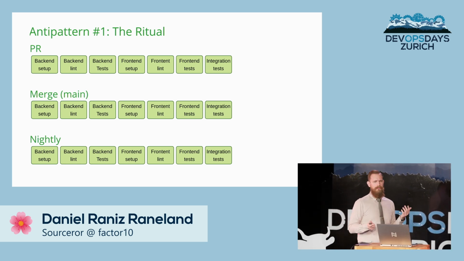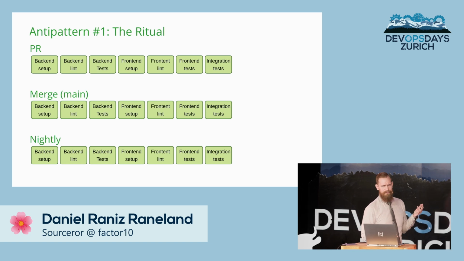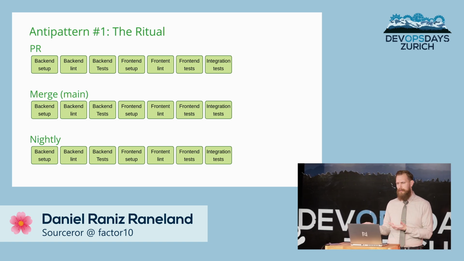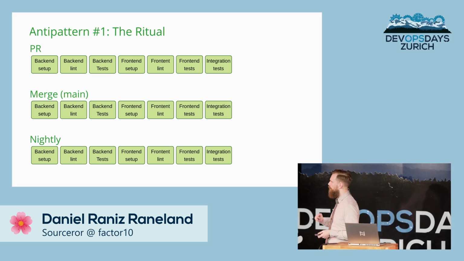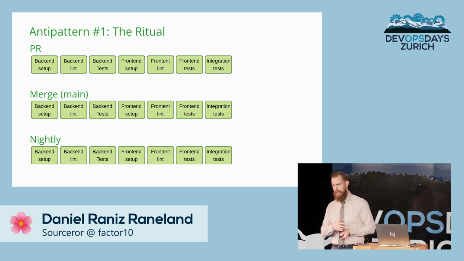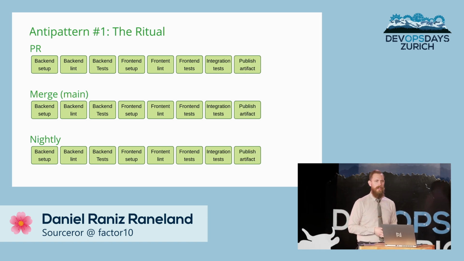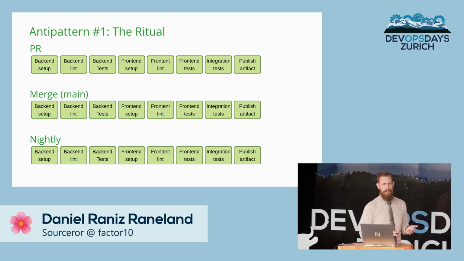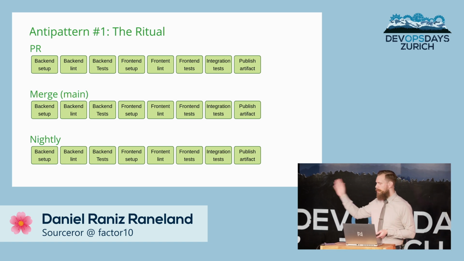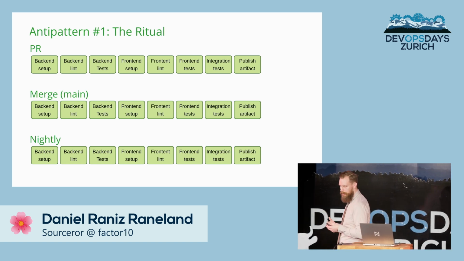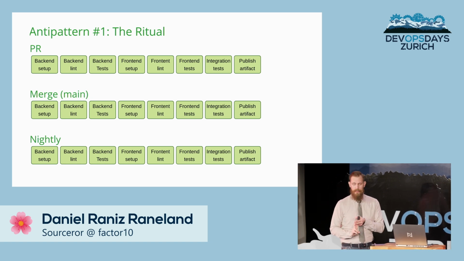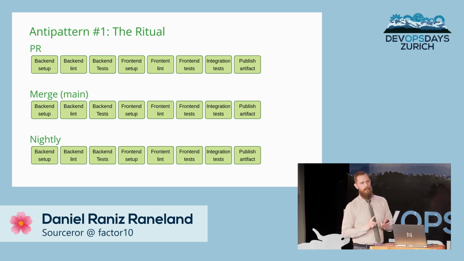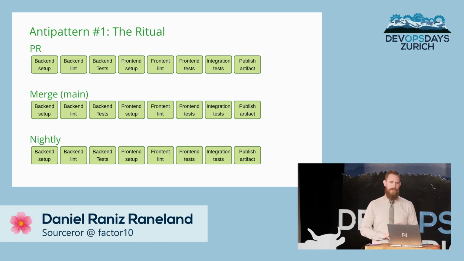And then we figure out that, well, someone needs to run this. Maybe our product manager wants to run this application. They just want to be able to grab an artifact, install it on the computer, and run it. So we add on a publishing step at the end. Now we have 3 pipelines that run on pull requests, on merge to main, and nightly. That does all the linting, all the tests, and publishing artifacts.